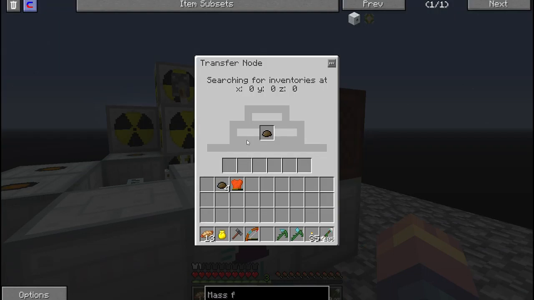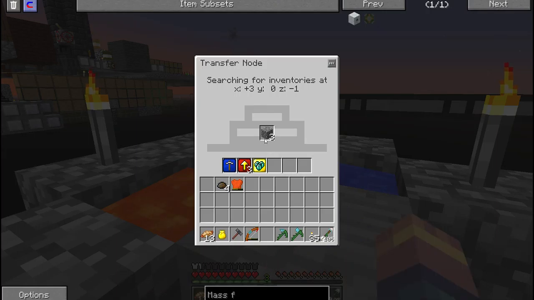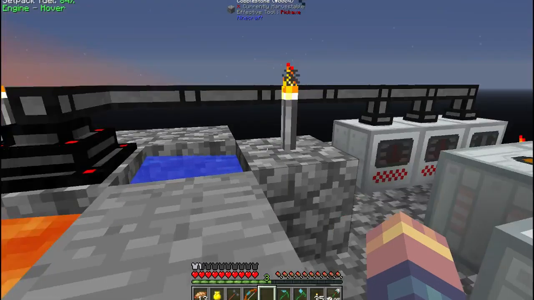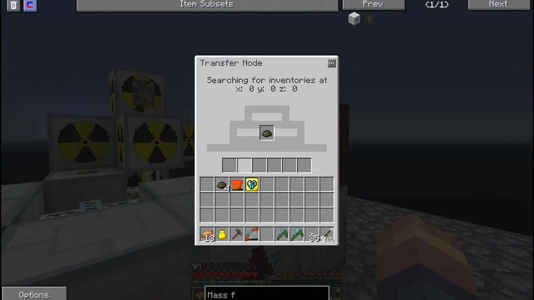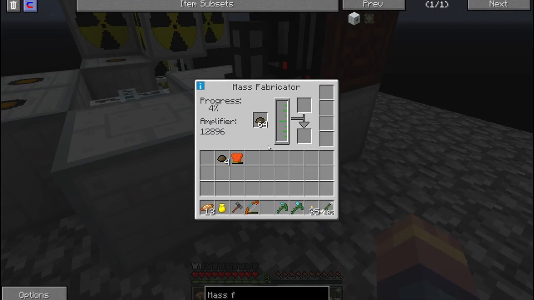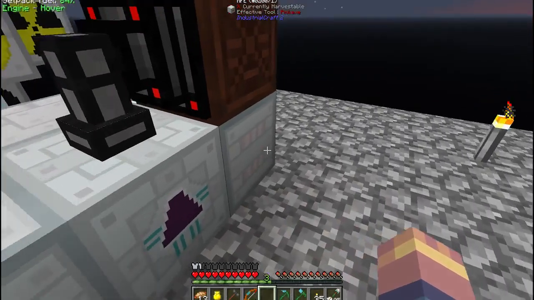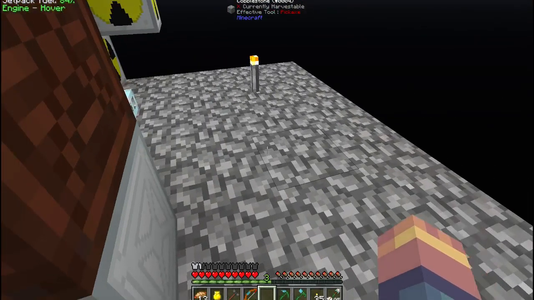Now, that's inputting one at a time. I would like to get a stack upgrade in this. I'm going to take the stack one out of this one and then put him in here. Look at that. This is why we want as much scrap going to this one as possible. As you see, we already got 4 millibuckets here. It's going to run out of power pretty quickly. But we can actually...